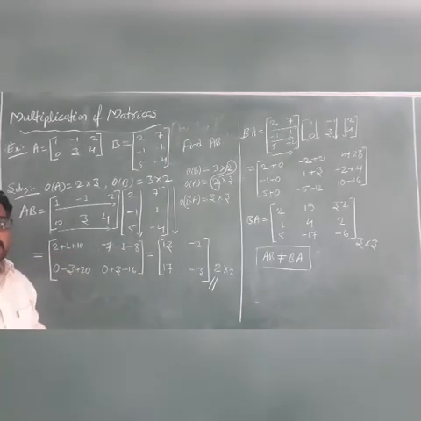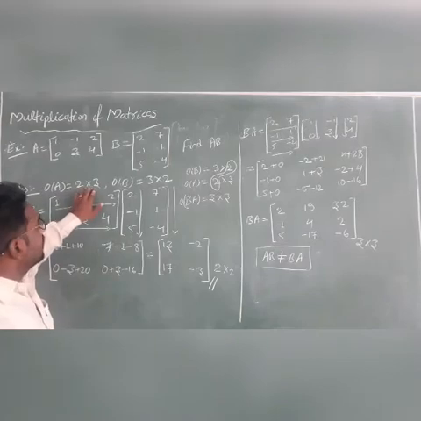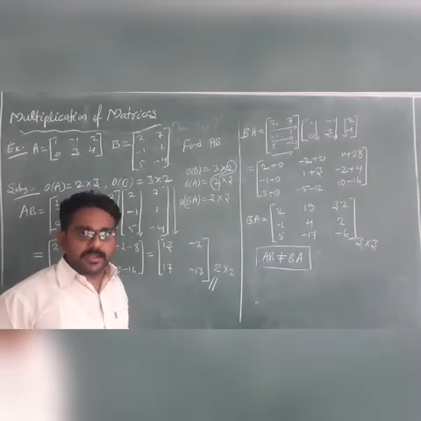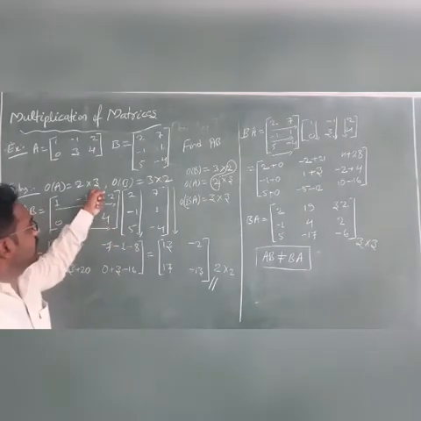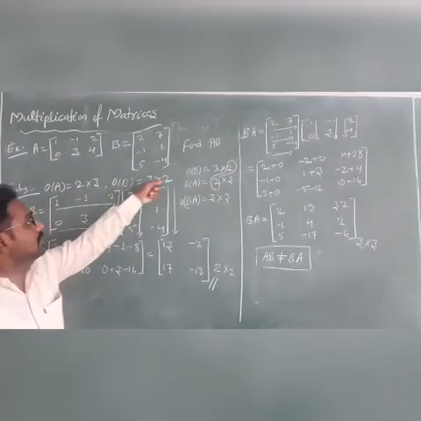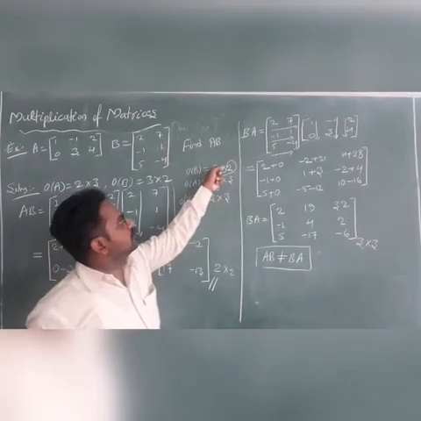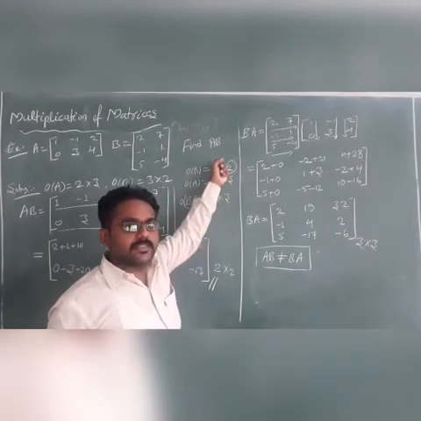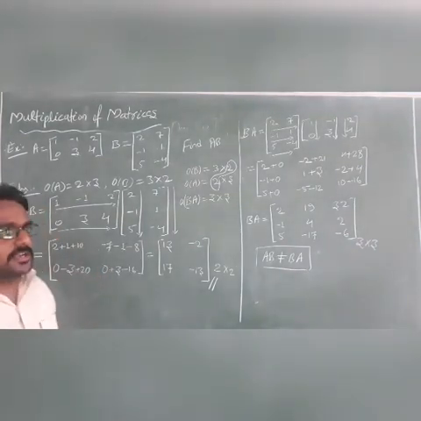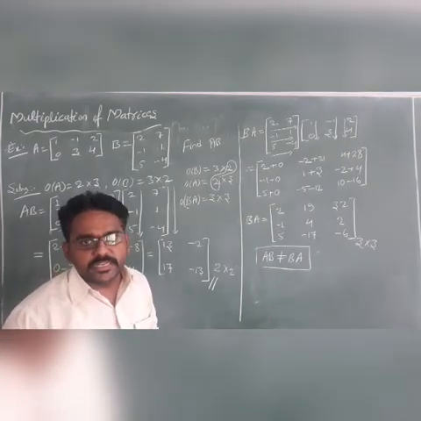The thing is that we put the condition on the number of columns of the one matrix with the number of rows of the another matrix. Here 3 equal to 3. Here column equal to rows, 3 equal to 3. So we get the 2 by 2 matrix. But in BA it is 3 by 2, it is 2 by 3. So 2 equal. So we get the 3 by 3 matrix. So the thing is that the product of the two matrices will not follow the commutative property.